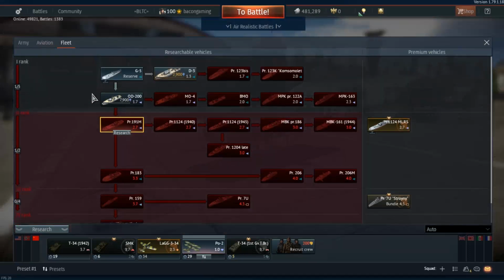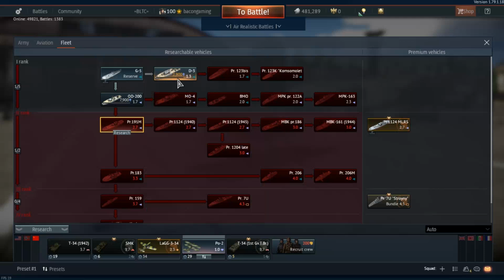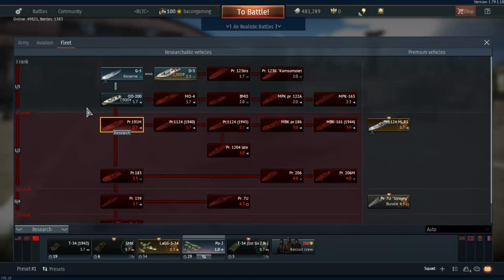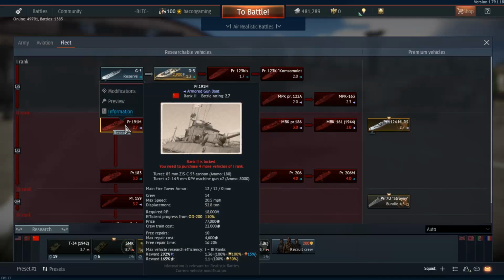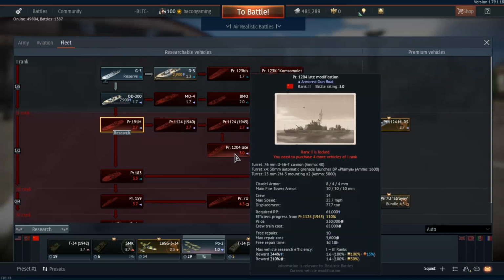So if we open it up, you will see first off, you've got the G5 type torpedo boat, which is the reserve vessel for the tech tree. Moving on from that, you do then have the torpedo boat line, which ends with the PR123K. If you go downwards from the G5 though, you do start off with the sub chasers, which start with the OD200, along to the MPK163. You also have the armoured gunboats, which start off tier 2, which starts with the PR191M, moving along to the MBK161, or possibly going down to the